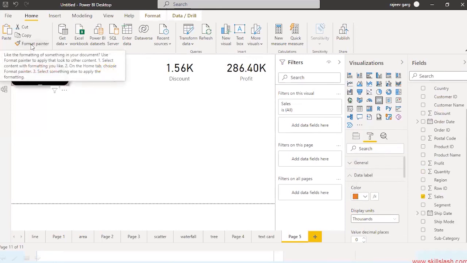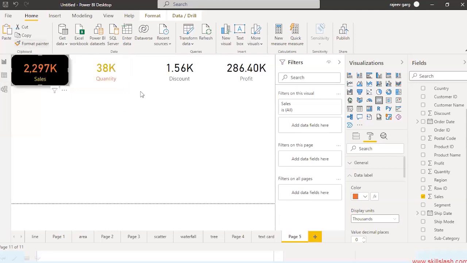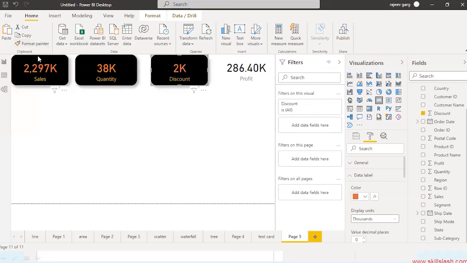We all are familiar with the format painter. In almost all the Microsoft tools, Word, Excel, PowerPoint, everywhere it is there. So I will take the format painter and put it over here. See, the format has been applied. I will again take the format painter and apply it over here. Right? So quickly, we have created these cards over here.